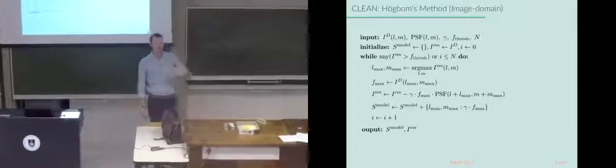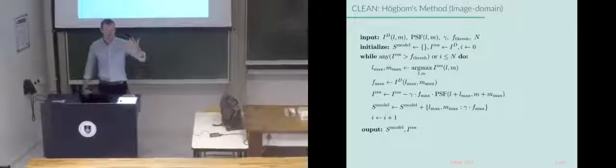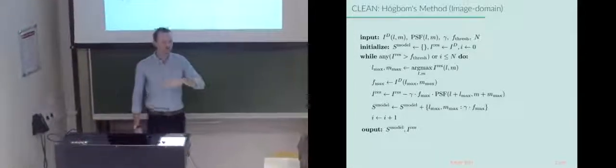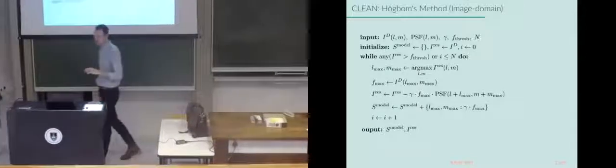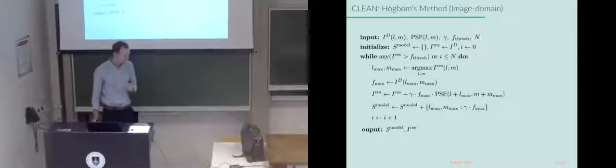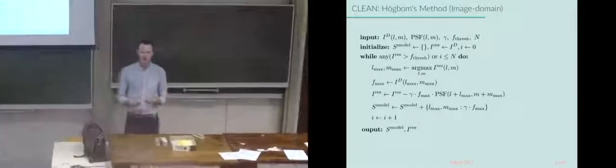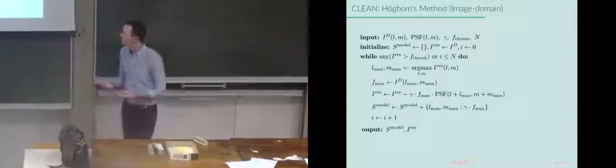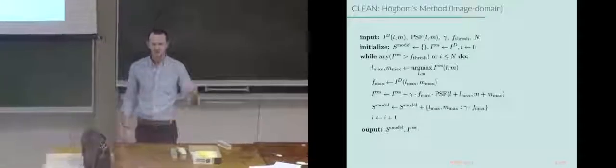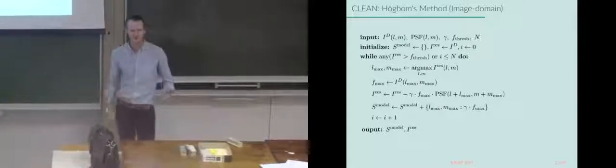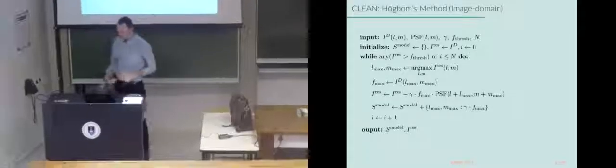This is how much flux we subtract with each iteration. Then we have some threshold where we say we only clean down to this noise level, and once we reach it, let's stop deconvolution. And then there's this n factor, the number of iterations. You don't need both the n factor and the threshold factor. One says, well, after 1,000 iterations, just stop, that's n. But you can also say, take as many iterations as you want, just clean down to some threshold. So it depends on what we want.